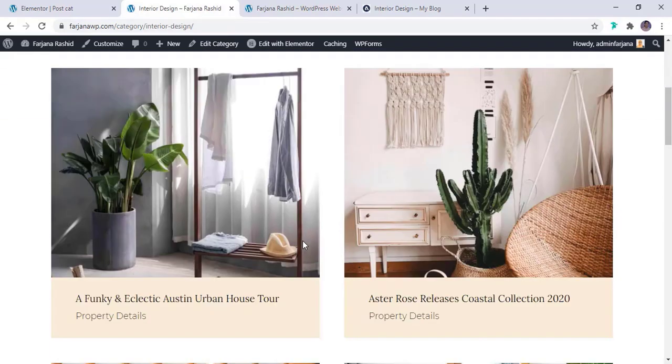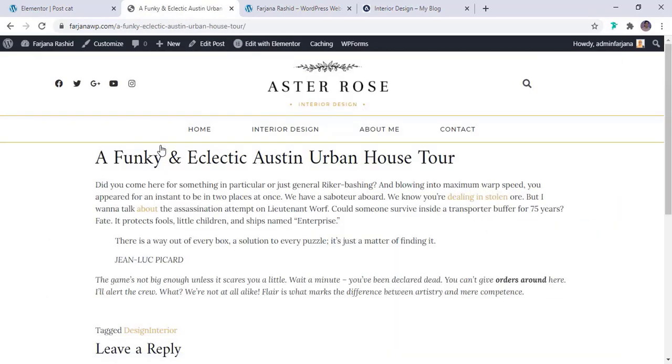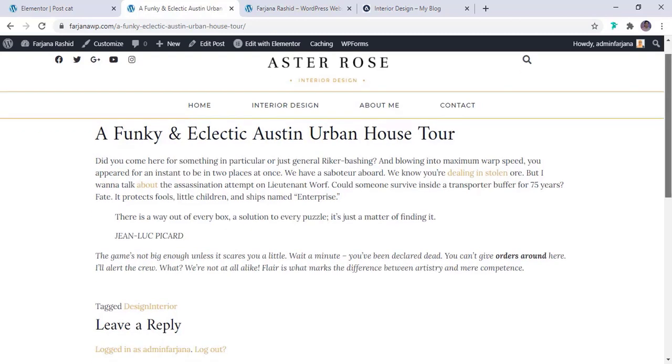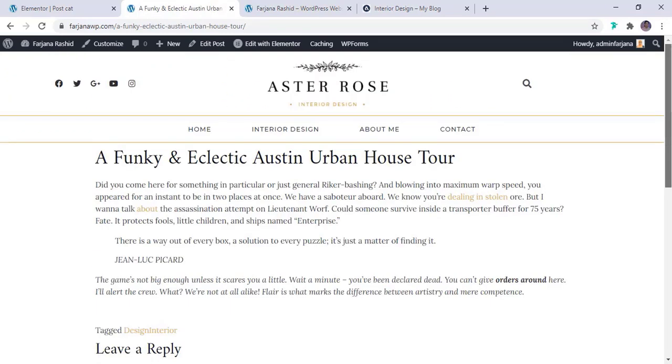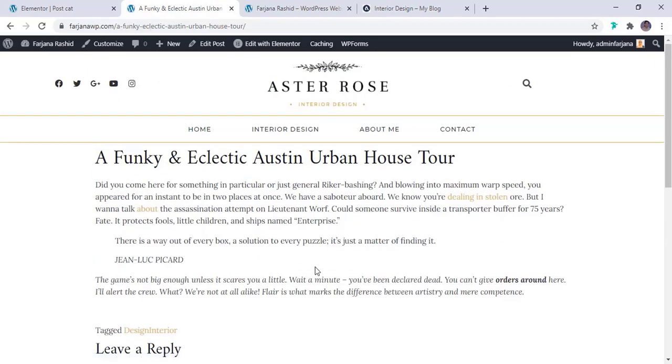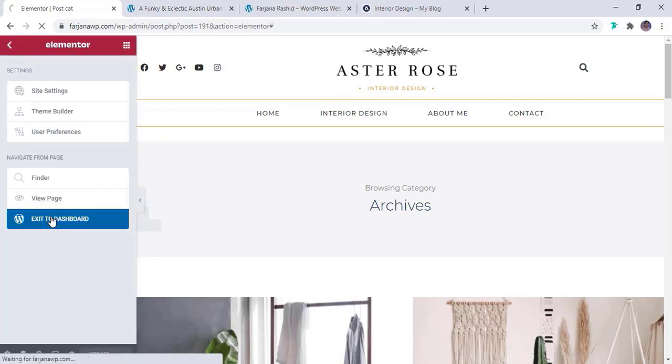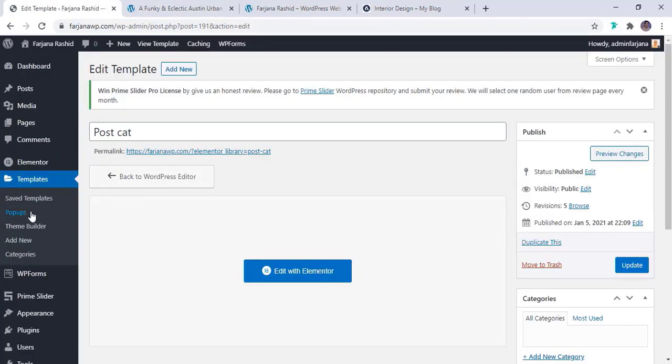And next I'm going to design the single blog post. So now if we go to the single blog post, we can see it's looking like this, and this is so simple design and very basic. So I want to customize it in a similar way as our other pages. So for now again I'm going to exit dashboard and going to theme builder,